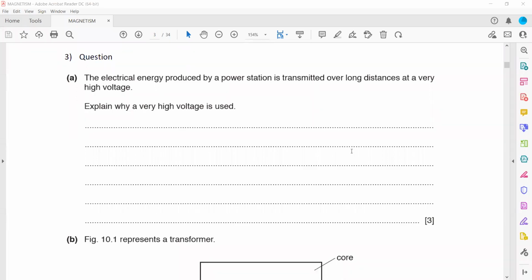So in this question, electrical energy produced by a power station is transmitted over a long distance at very high voltage. Explain why very high voltage is used. What is the reason for using a high voltage for our power transmission, to transfer the power from one place to another? So basically, when we use high voltage, the step up transformer increases the voltage and it reduces